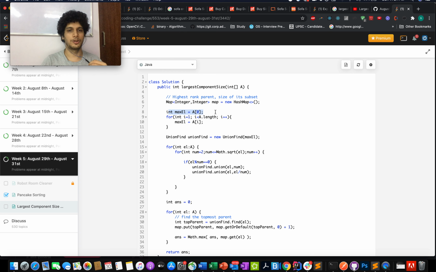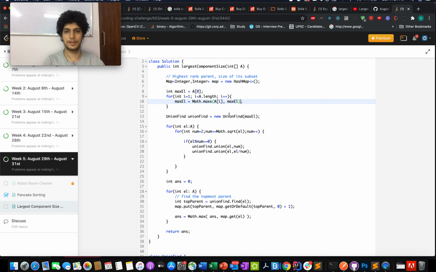You initialize your maximum element in order to search the maximum element in the array, and this will, oh sorry, Math.max, it has to be max eval. Yeah, this has to be something like this, and then you initialize your union find method with your max.